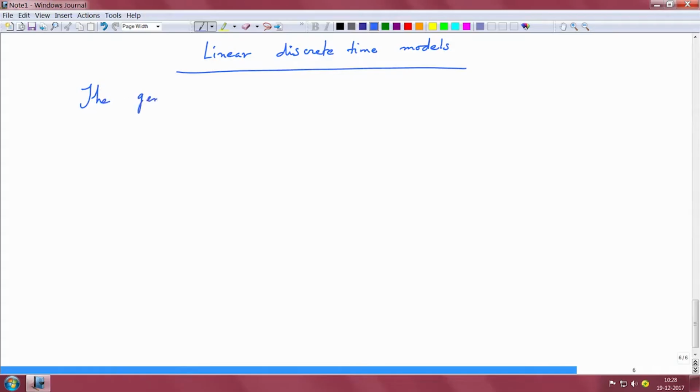So, let us look into a generalized linear discrete time model. Often we will find these models very useful in practice. So, the general equation for a linear discrete time model is given by